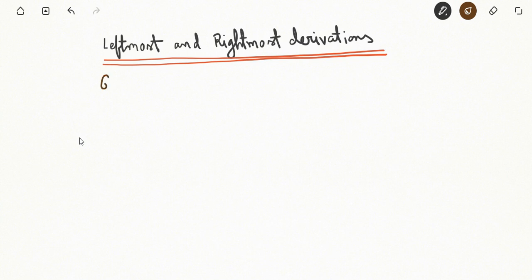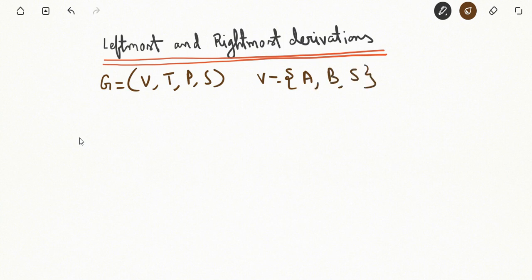Consider G = (V, T, P, S) be a grammar where the non-terminal alphabet consists of A, B and S. Terminal alphabet consists of a and b. P is defined by the following production rules.